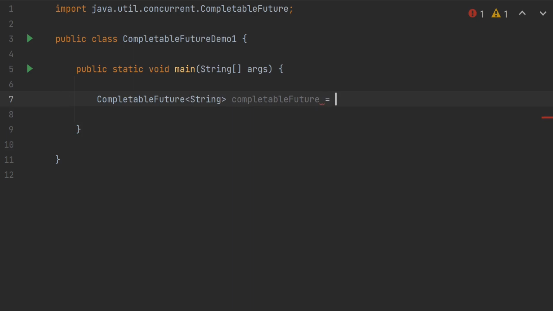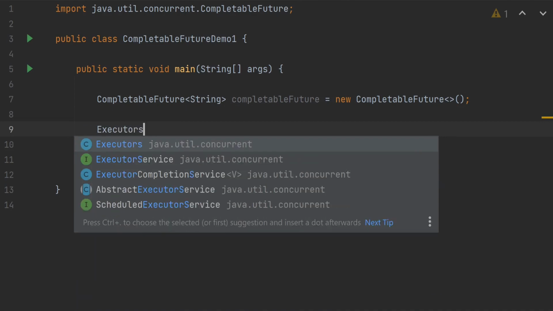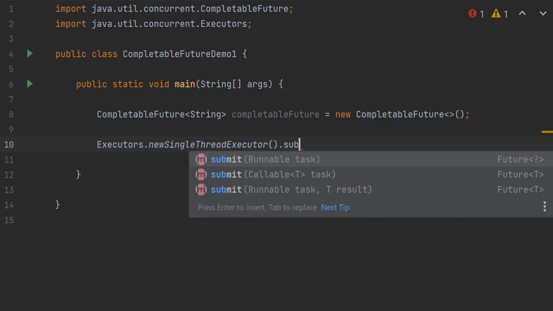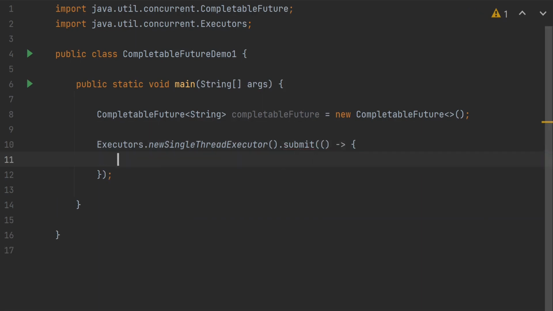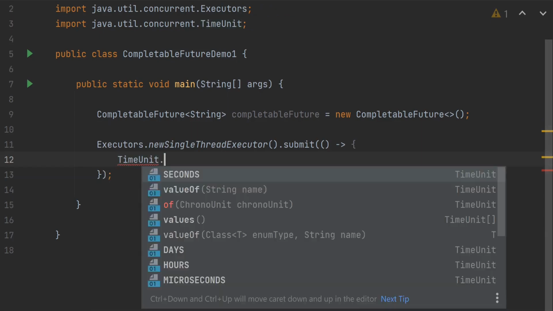Yeah, that's okay. And then new CompletableFuture. So this is how we can simply create an object. Now let's create a thread again using the executors API, again newSingleThread, and let's submit this one more time, using a lambda expression again. Now I just have to print hello world, that's it. So again I will wait for 2 seconds,